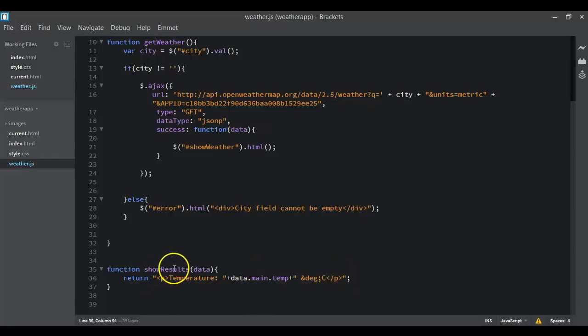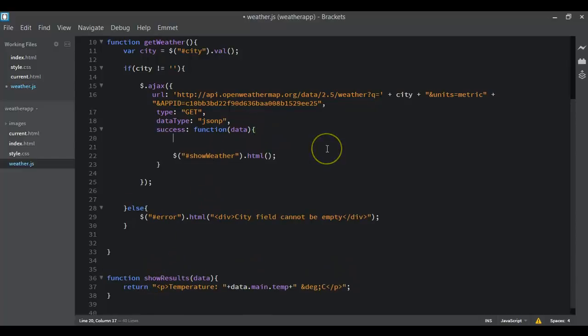So we have this now, showResults. Now let's call it in here. So create another variable and call it widget equal to showResults. Now this showResults is going to take a parameter, and the parameter it's going to take is the data, that is the returned data. Now inside this returned data it is going to get the temperature, which is main.temp. It's going to get the temperature from this. Now after doing this, we pass in these widgets into this HTML, so the result will be displayed inside